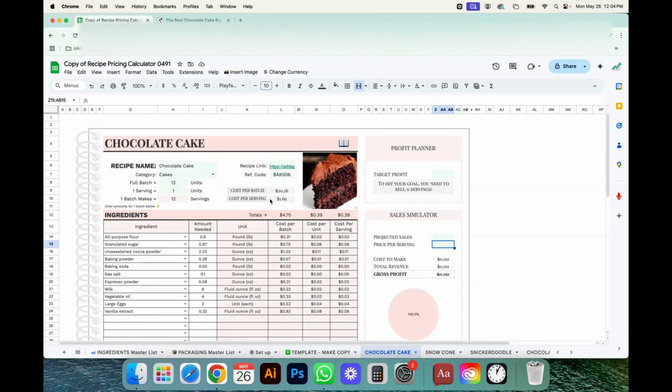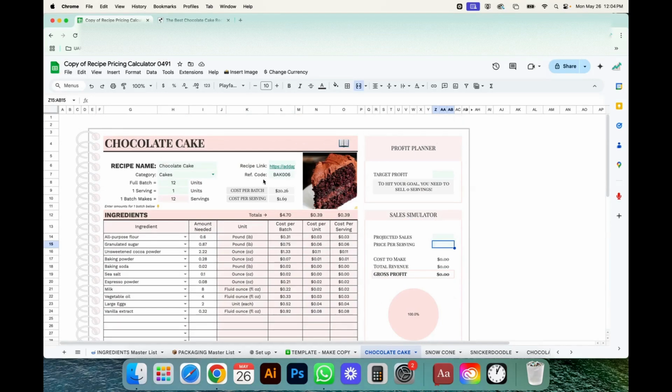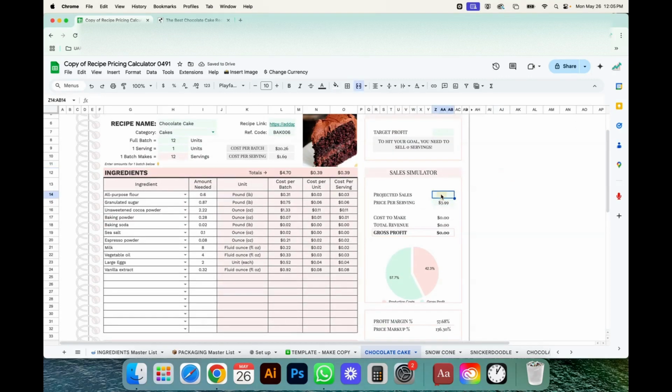over here. I can see here already that my cost per batch per chocolate cake is 20.26, and this includes ingredients, labor, packaging, and utility. Okay, so everything included, it's here, and then it turns out to be 1.69 per serving, so per slice of cake. So let's say I want to sell this at $3.99, and then here you're going to enter your projected